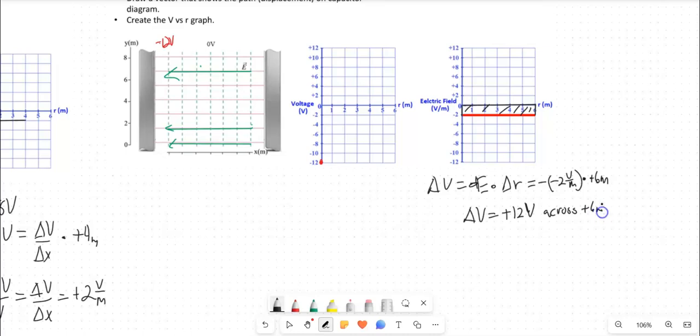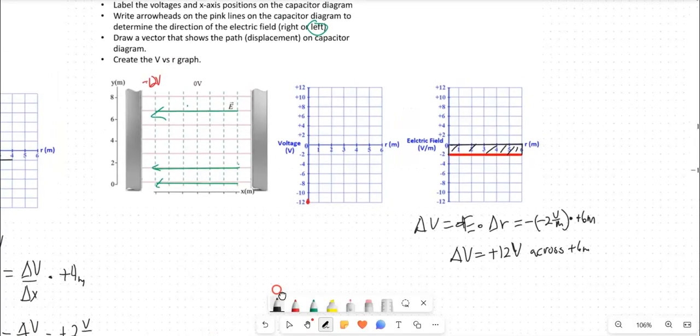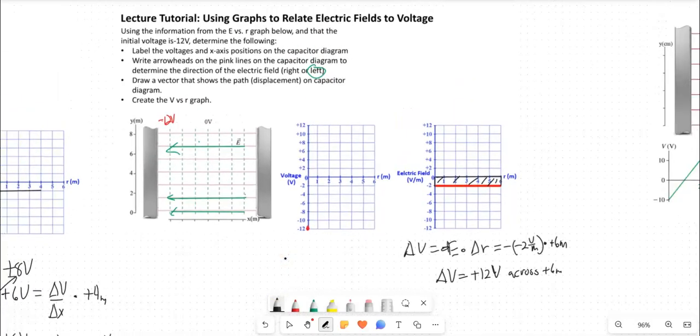Positive 6 meters. And that is an important statement. There's a lot of ways to approach these tutorials, so try not to worry too much about, am I doing the right thing? Just do your best and try to be creative if you can. So on this graph, this is going to go from negative 12 volts and it's going to change by positive 12 volts across 6 meters. That means